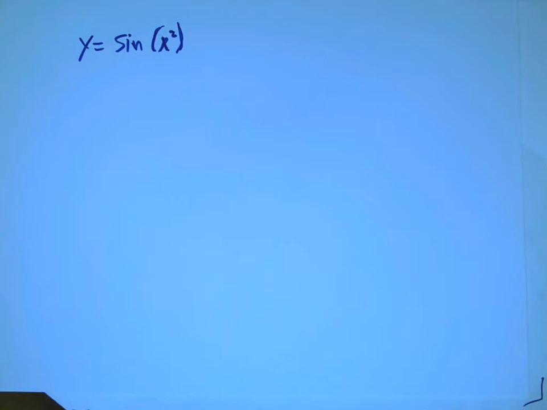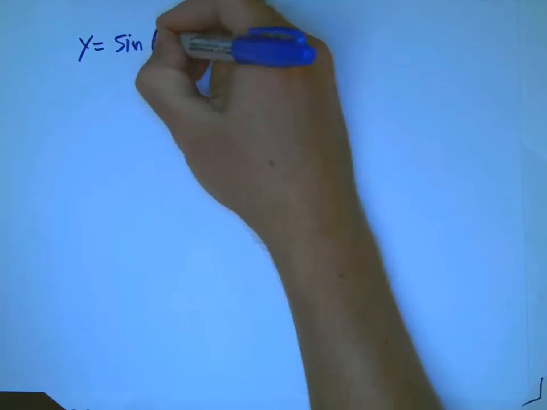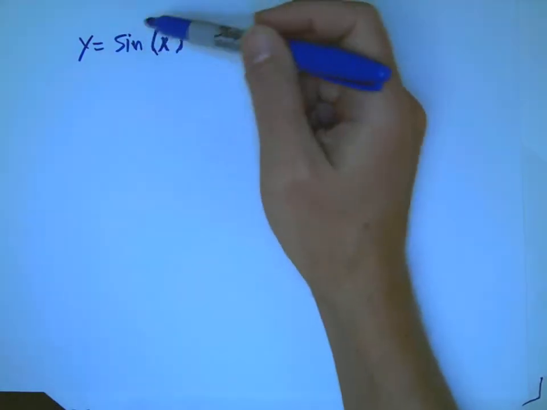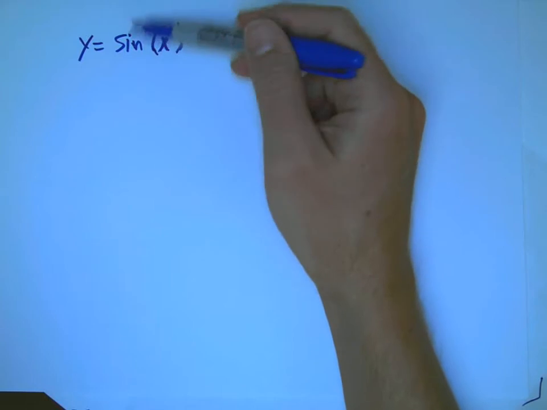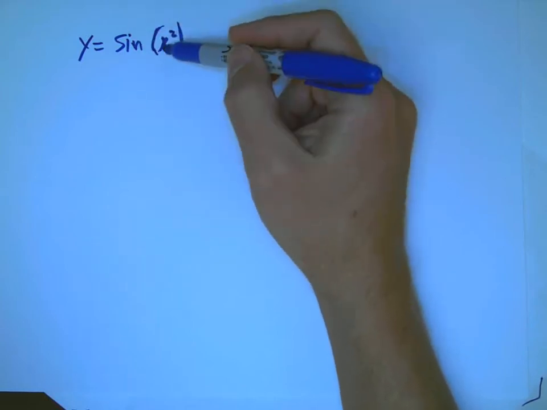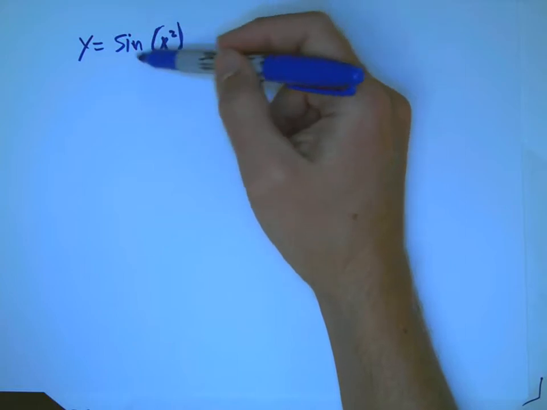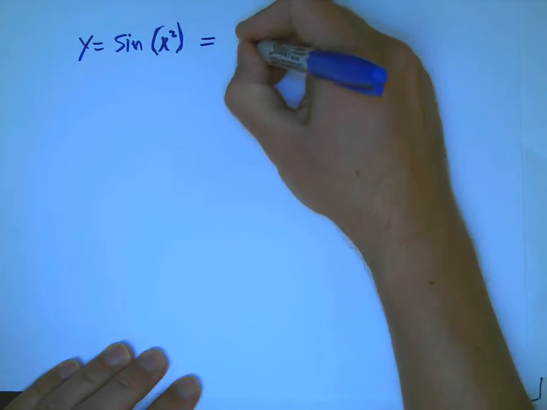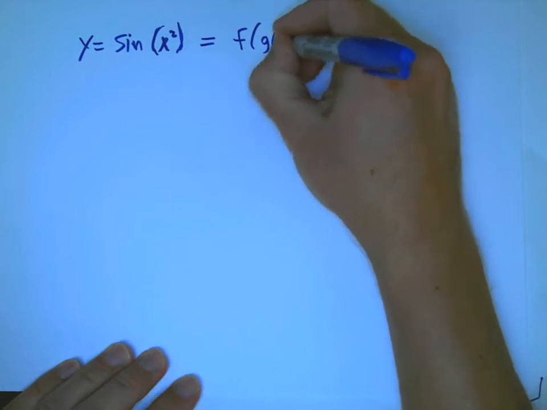You definitely have to pay attention to it. But it doesn't become too hard after some practice. But I do want to keep connecting it back to the concepts. So anytime the chain rule comes up, when it's one function inside of another, in other words, when it's really a composition of functions, I take x squared, and then I take the sine of that. So this is of the form f of g of x,